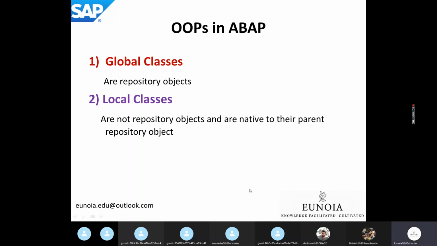So we'll start with local classes. Global classes are very simple. Once you understand all the concepts of object-oriented ABAP with local classes, you can easily extend them to global classes. It's not like I'm going to drop global classes, but it's good teaching practice to teach all the object-oriented programming concepts via local classes. Once you have a thorough understanding of local classes, that can easily be expanded to global classes.